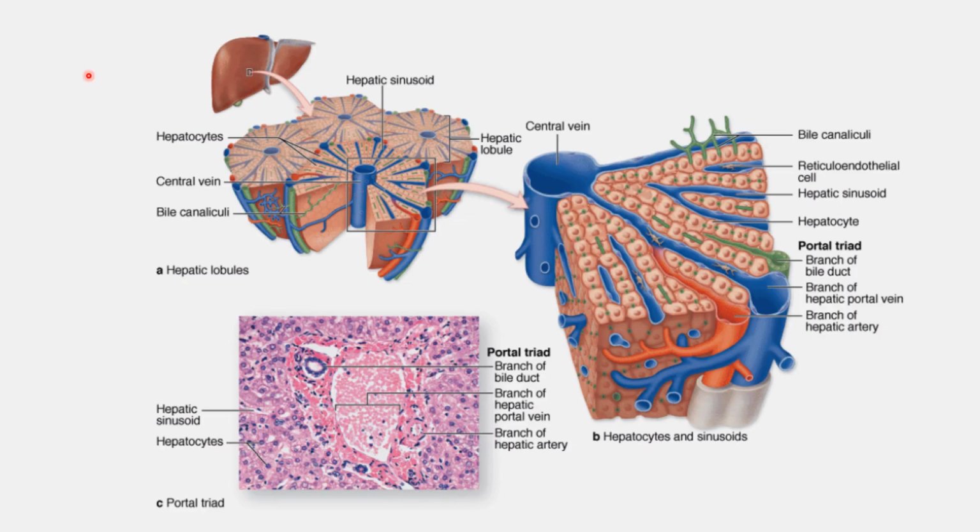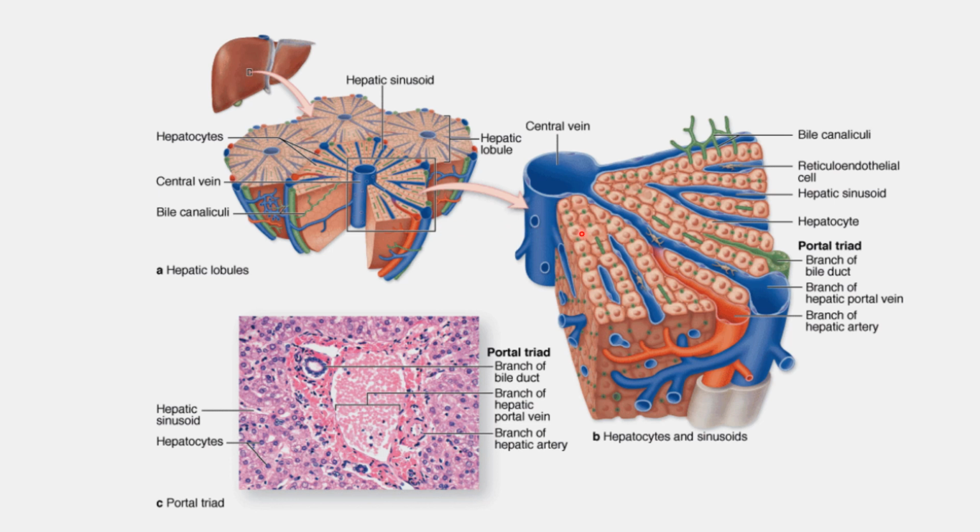Here in this figure, we can see the physiological anatomy of the liver. The liver has two lobes, the right lobe as well as the left lobe. The lobe contains lobules and a specific arrangement of the hepatocytes. It shows hepatic cell plates. Hepatic cell plates are hexagonal in structure and at the corner, they show the portal triad. The portal triad contains the hepatic artery, portal vein and the bile duct.